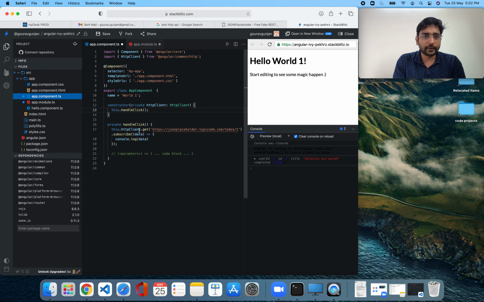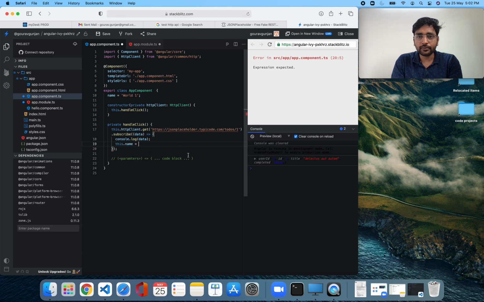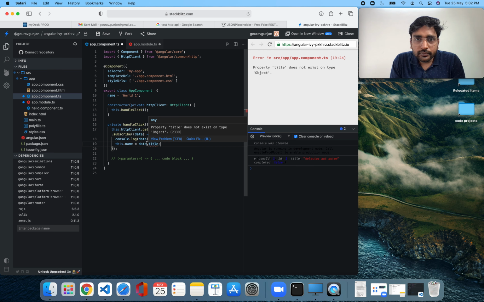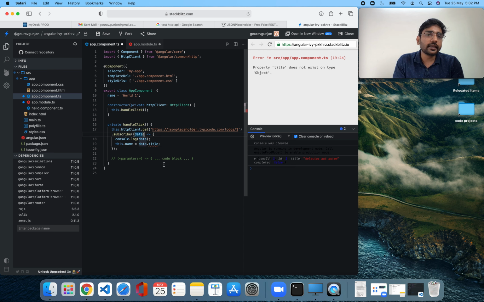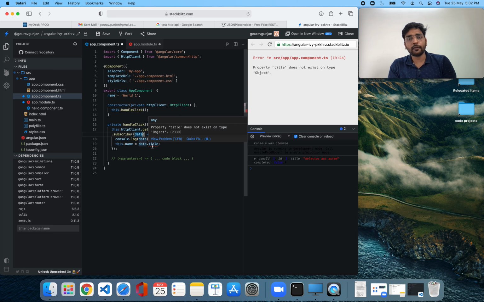So if I want, I can simply set the name of this dot name equals to data dot title. So you can see object. So it is saying that title doesn't exist on that. If you have not given any type of information which is going to come from server, it will assign it a generic object.